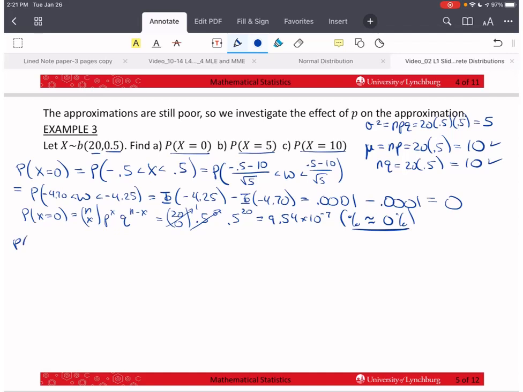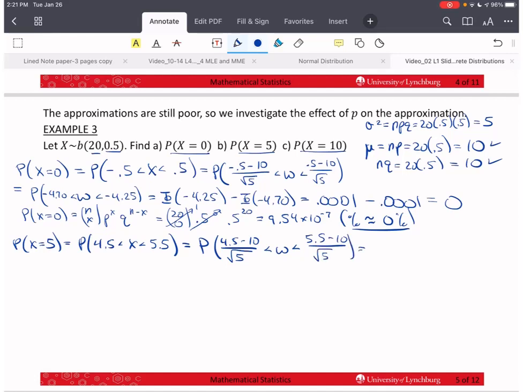Now let's look at the probability of x equals 5. That's going to be continuity correction, 4.5 to 5.5. And then our transformation, so 4.5 minus 5, that's our mean, divided by, it's not 5, it's 10. Our mean was 10. Our variance was 5, so we take the square root of 5. W, 5.5 minus 10 over the square root of 5. This is going to give us,